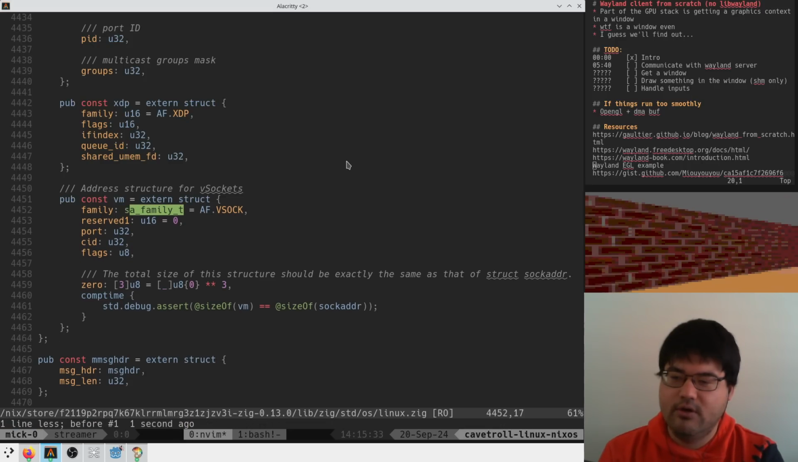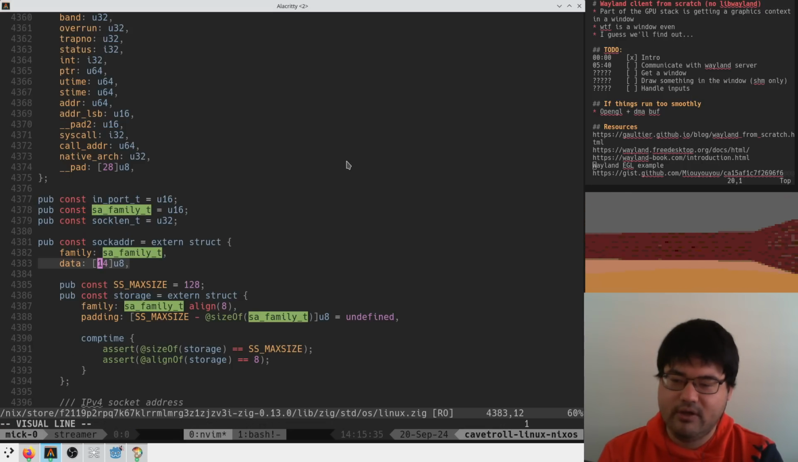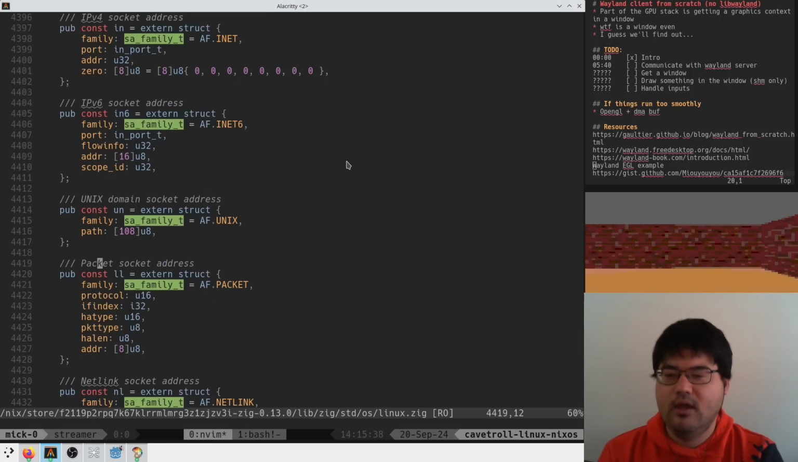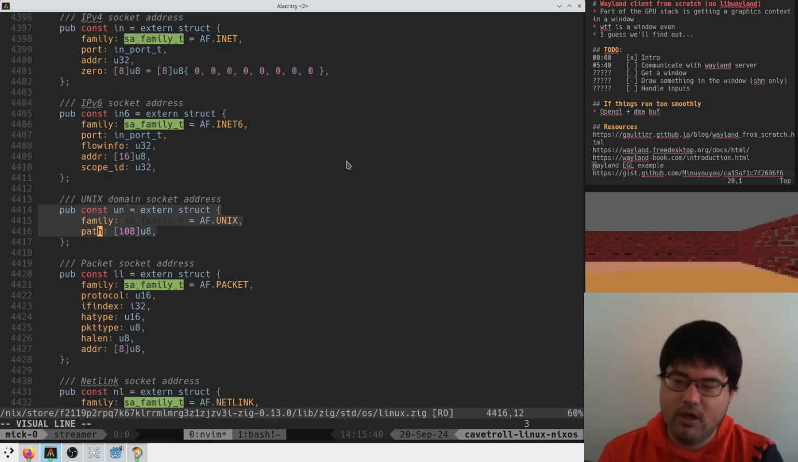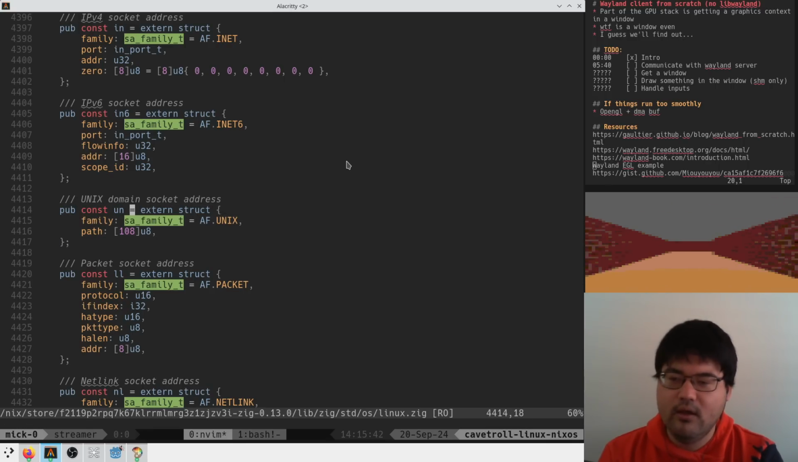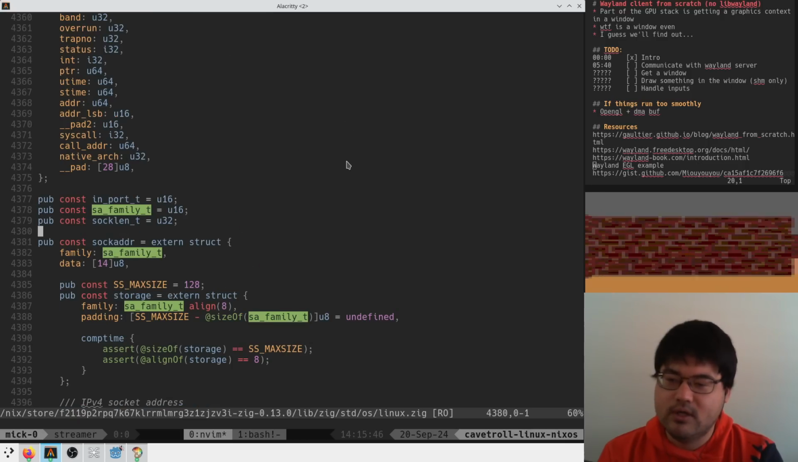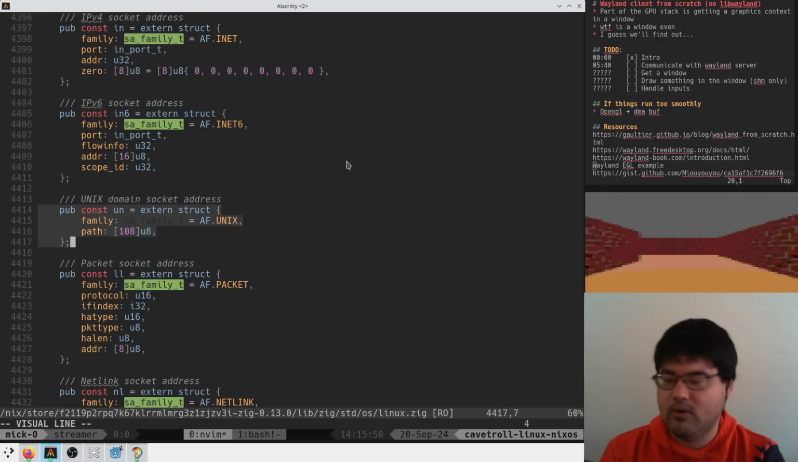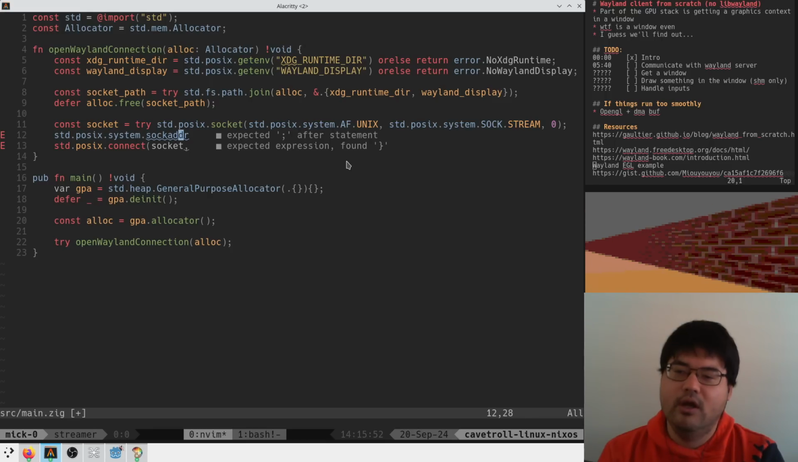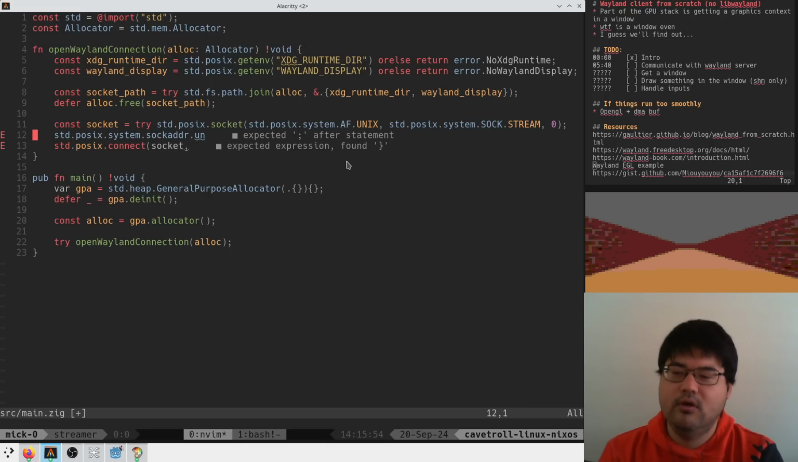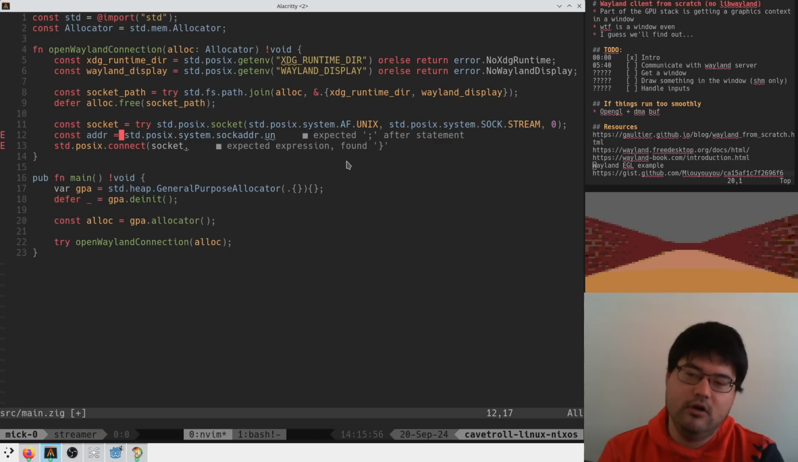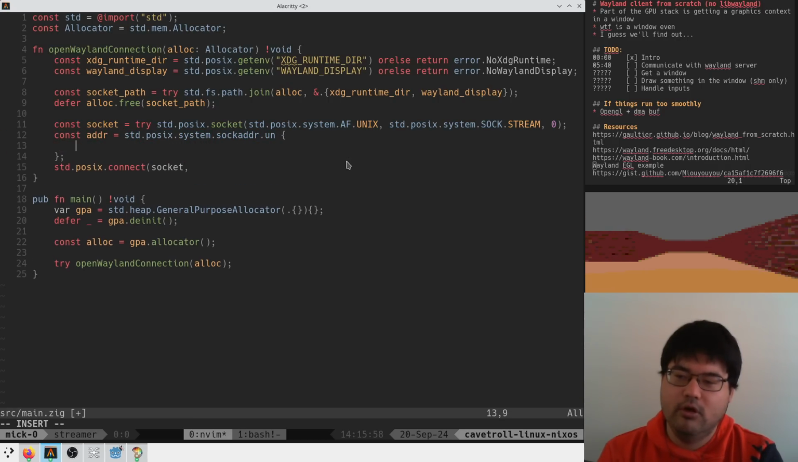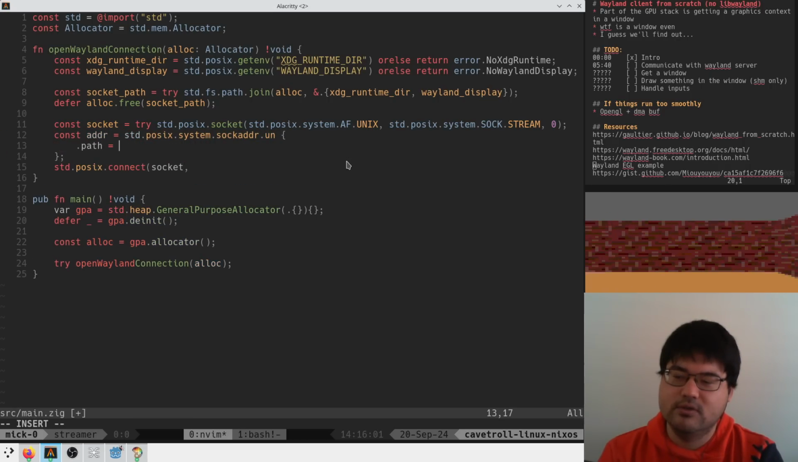Nice. Okay, so it looks like we have kind of an arbitrary data thing, and it looks like they have a pub const un thing and a path argument. Nice. So we can just call sockaddr.un, and that will give us the structure that we're actually trying to use. Like this. So adder is this, boom, boom, boom, and then we will specify path is equal to